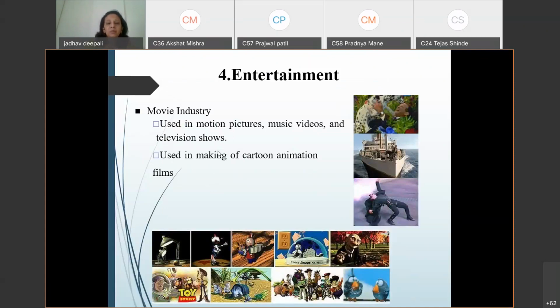Whatever pictures you have seen, for example Bollywood movies or Hollywood movies, mostly Hollywood movies, Terminator. One of the best examples of animation is the Aviator. How many of you have seen that movie Aviator?